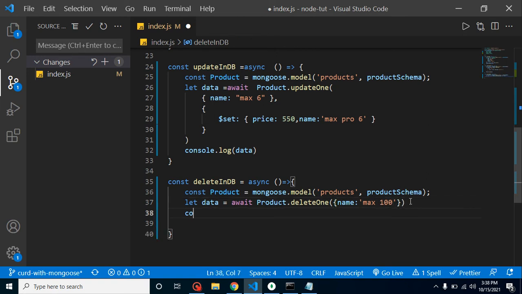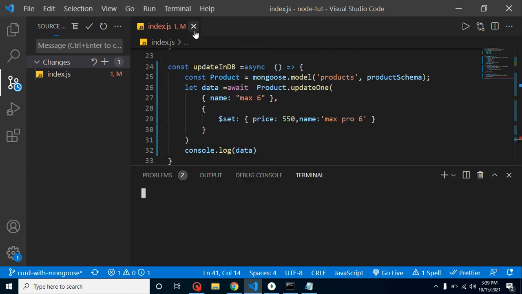After that, let's print this, console.log data. And now let's call this function delete in db. Open the terminal and run it.